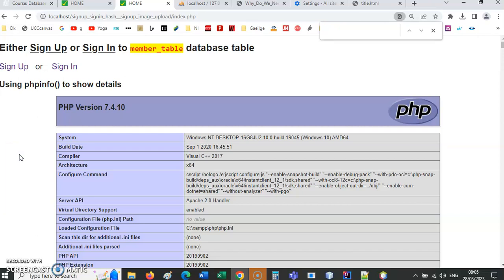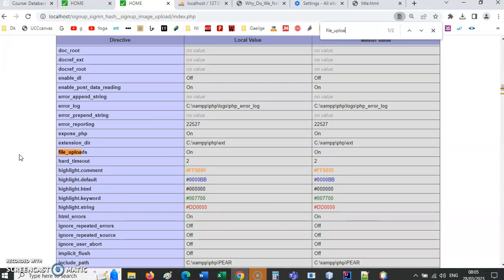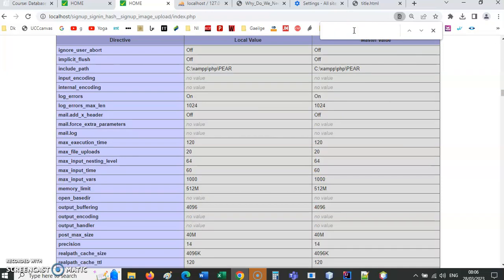So first thing is the server able to take files when we try and upload it? Okay, so we can check that here by typing FileUploads, and we see that FileUploads is on. Okay, so that's good. That means that we should be able to upload a file. Okay, the second thing I want us to search for,